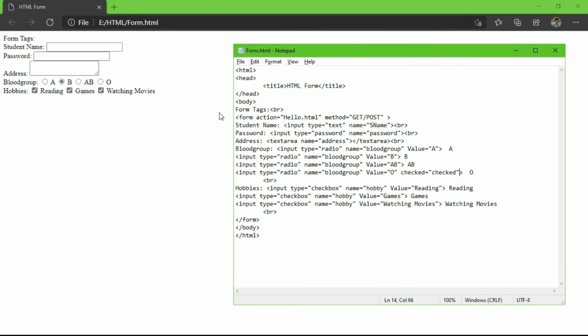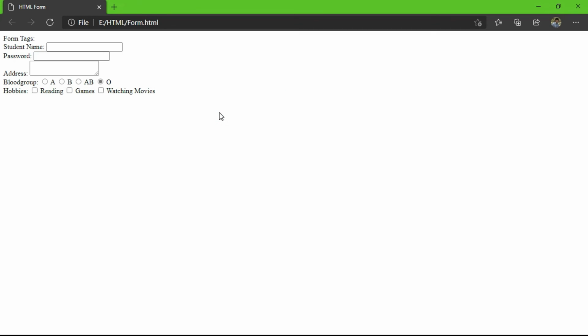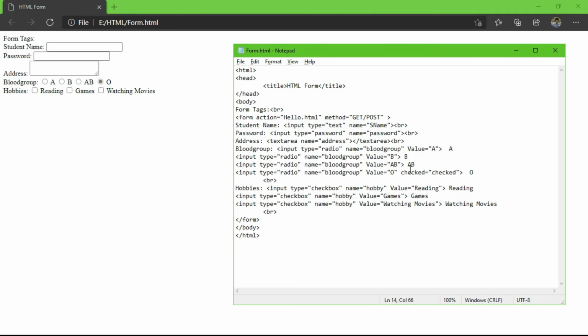Then when the user loads the form, as you can see, I have reloaded the form, O is selected by default. So the user doesn't have to select any value, but O is selected by default. If the user wants to change, then the user can change. Whenever the user loads the form, O is selected by default. And the same goes for checkbox.